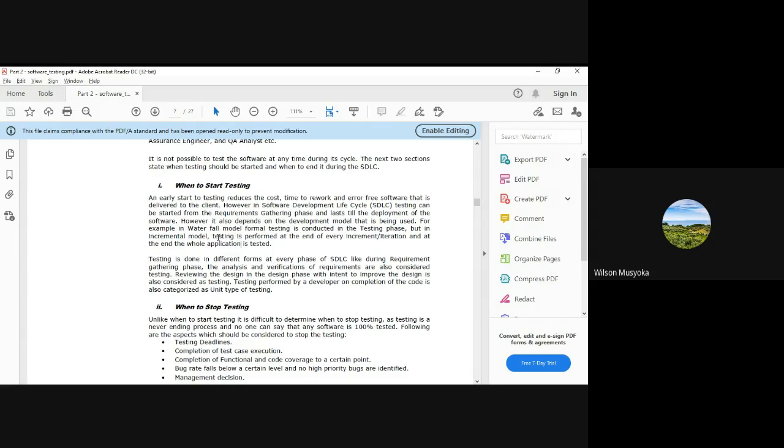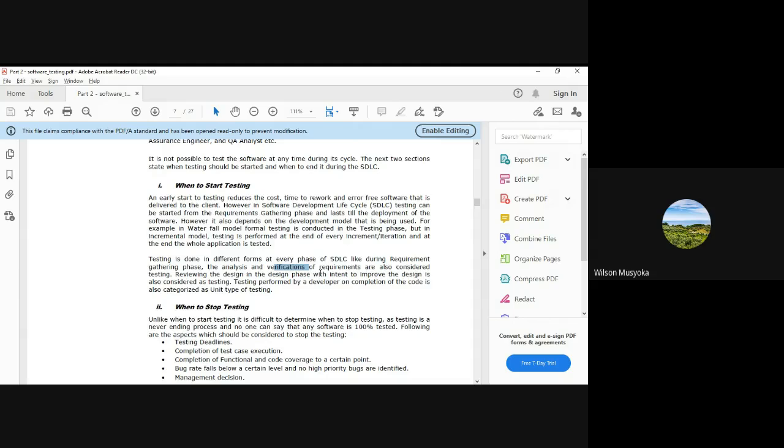Now compare that with an iterative or incremental model like rapid application development, joint application development or the prototyping method, which does the testing as you are capturing the requirements, and testing keeps on being repeated until you have deployed the system. So testing will be done in different forms at each phase of the SDLC, like during requirements gathering, also at the analysis stage, and also at the verification stage of the requirements. All of those will be considered as testing so that you can be able to have the right requirements,